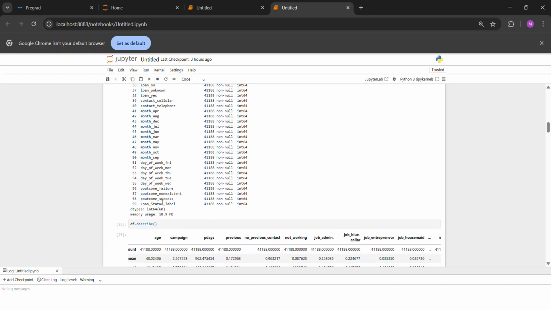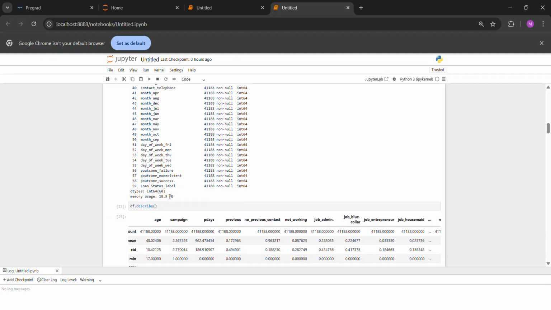So 60 fields here, integer 64-bit of all data type, 18.9 MB of memory usage. Okay,